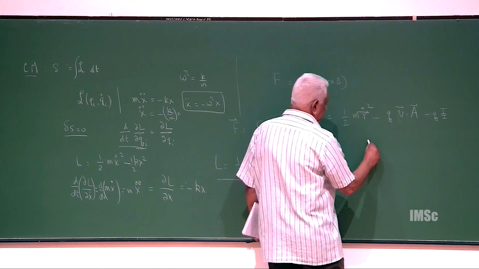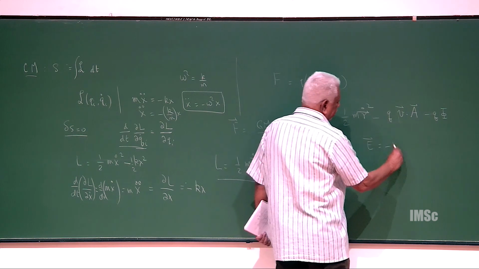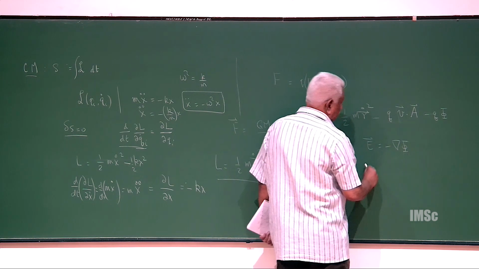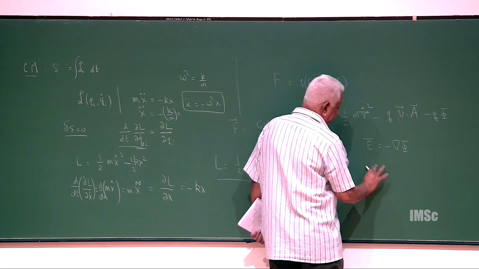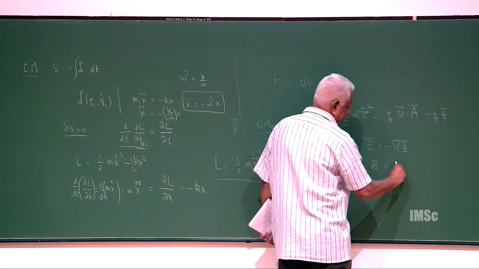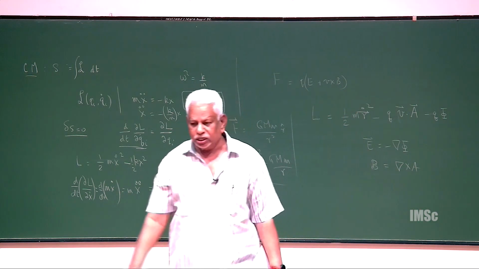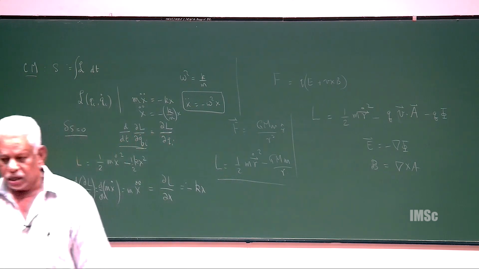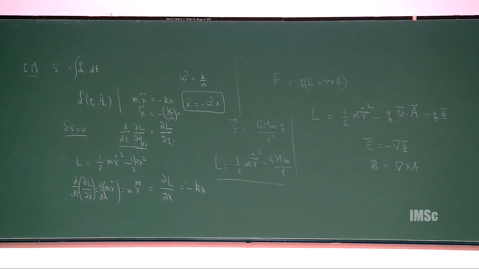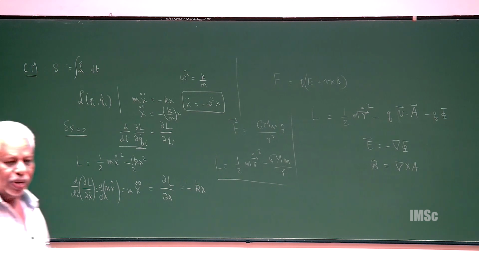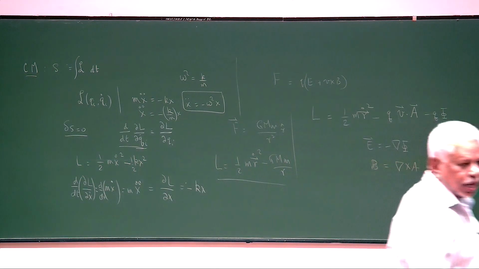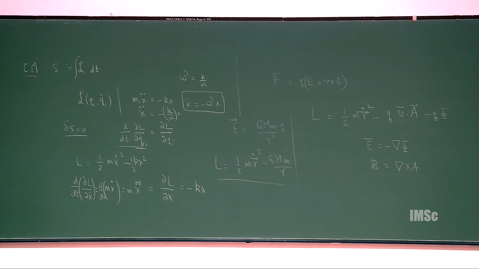The electric field is minus gradient of phi, and A, magnetic field, anyone? Del cross A. I hope you know this notation of gradient and curl. Okay, that's what it is. So magnetic field is equal to del cross A, and electric field is equal to minus gradient of phi. If I have those definitions, then this Lagrangian here,